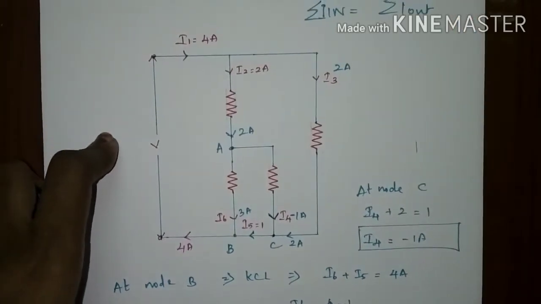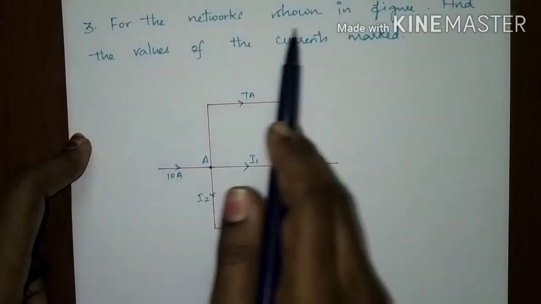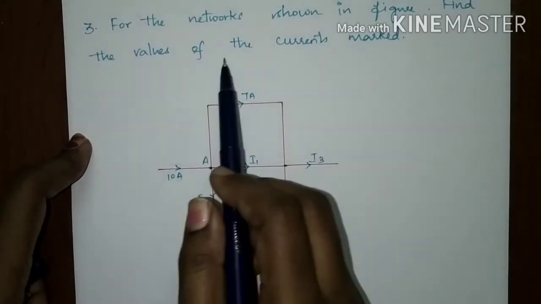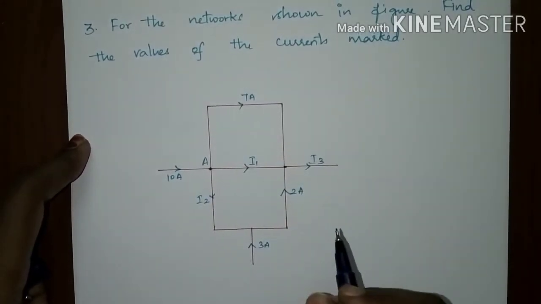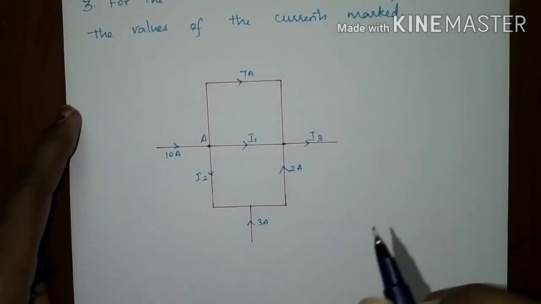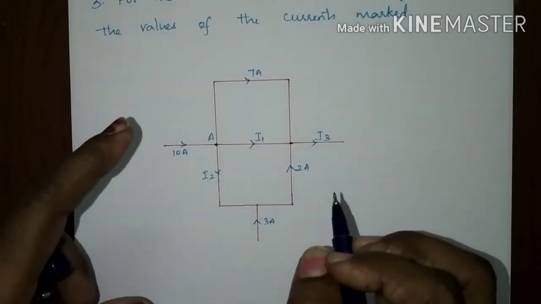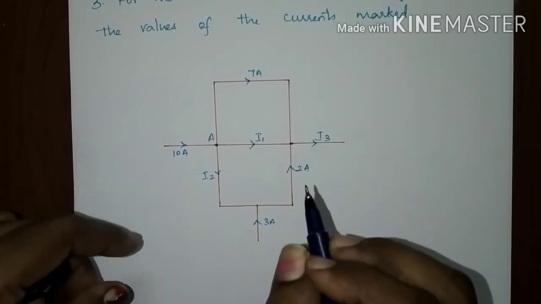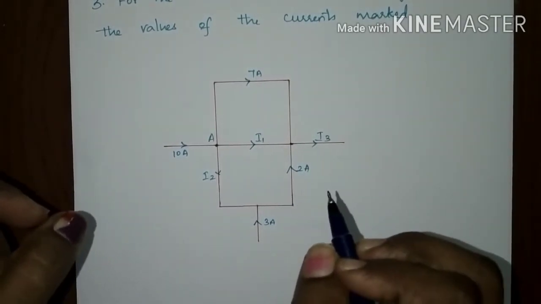Okay. So in this problem, for the network shown in the figure, find the value of currents marked. This problem is also very easy. First of all, mark the nodes. Mark the principal nodes. Principal node in the sense, if more than 3 branches are connected together, that forms a